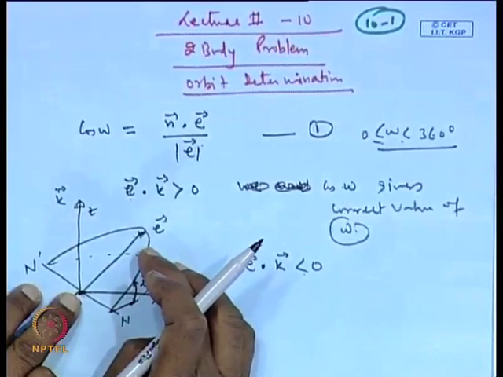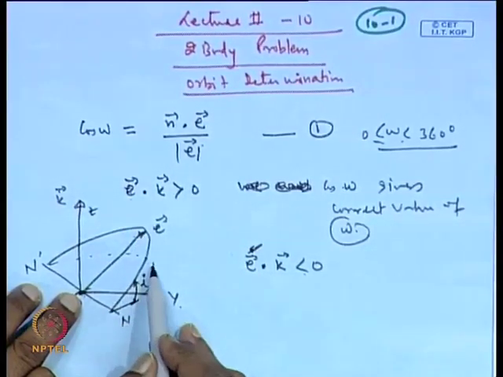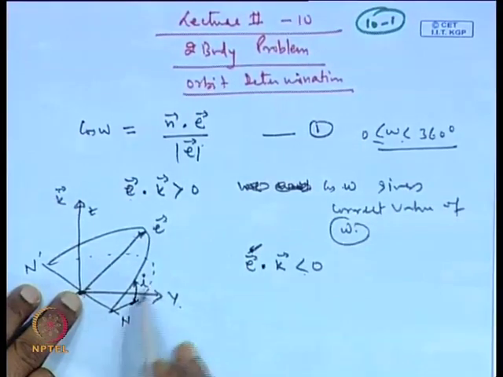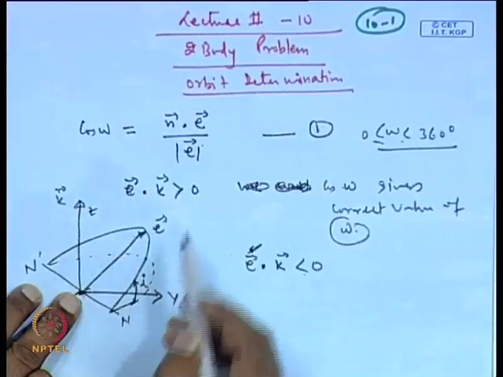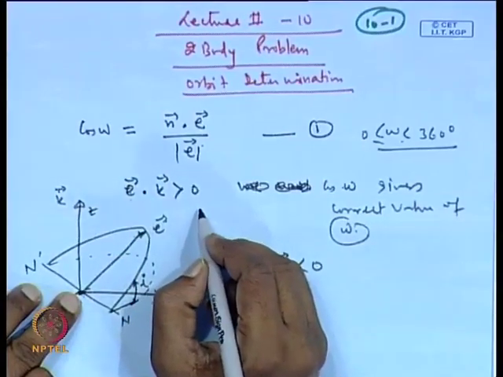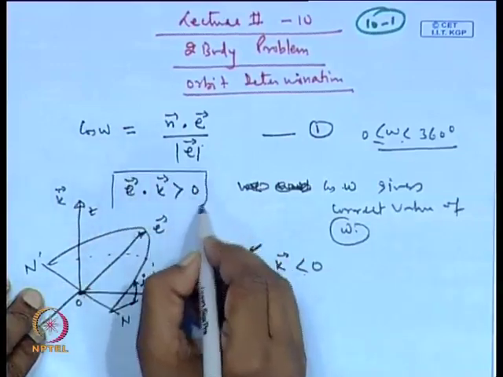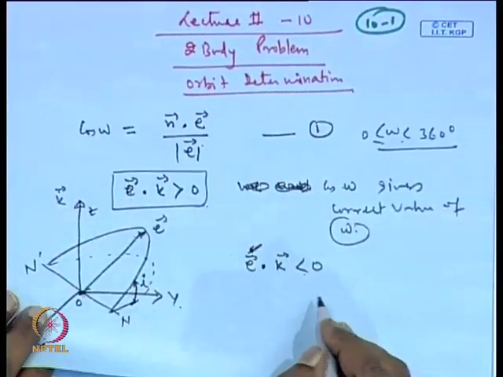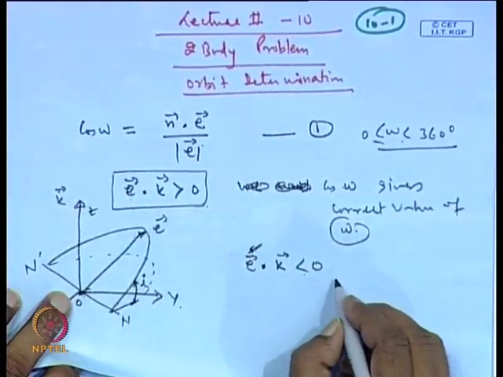If we take the extreme position where the E vector lies on the x y plane, the angle between the E vector and the k vector is around 90 degrees or less. In that case the dot product E dot k will remain positive, but as soon as it goes below this plane, it becomes negative, and therefore